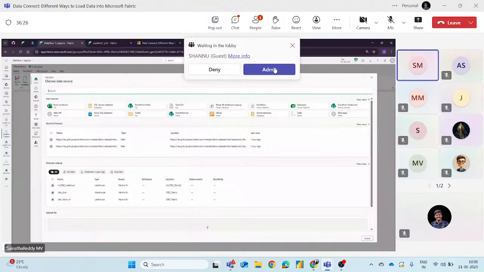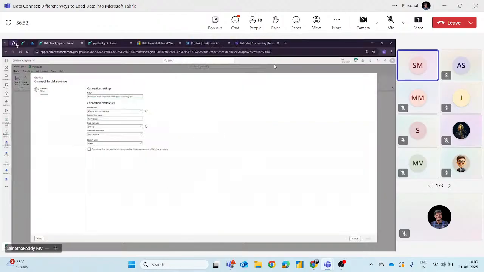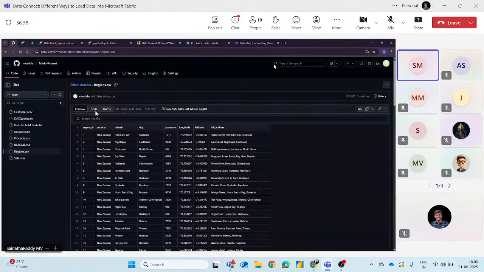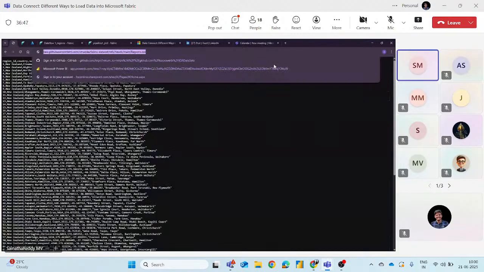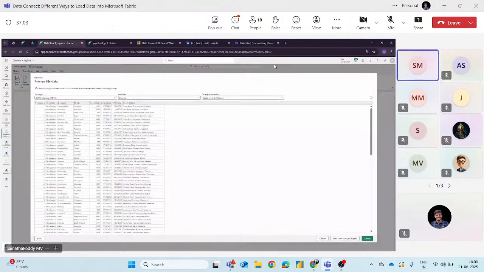We'll go with Web API. You can use Web API to get all information. I'm just taking one, but you can use weather APIs or anything. So it's easy to get data now into Dataflow Gen2. Just copy paste your URL, anything related. Just click here. See, comma-separated data. Dataflows, create.